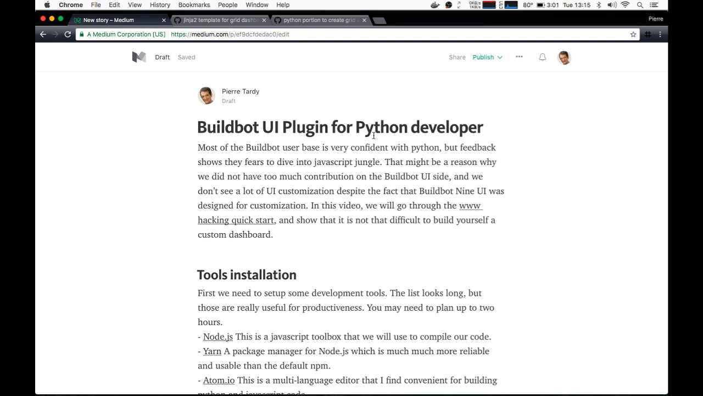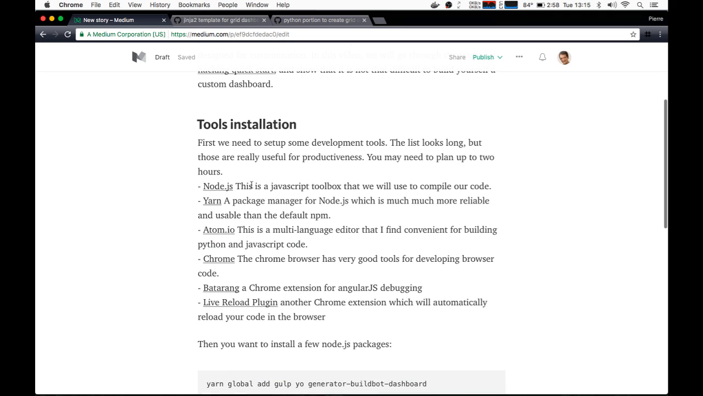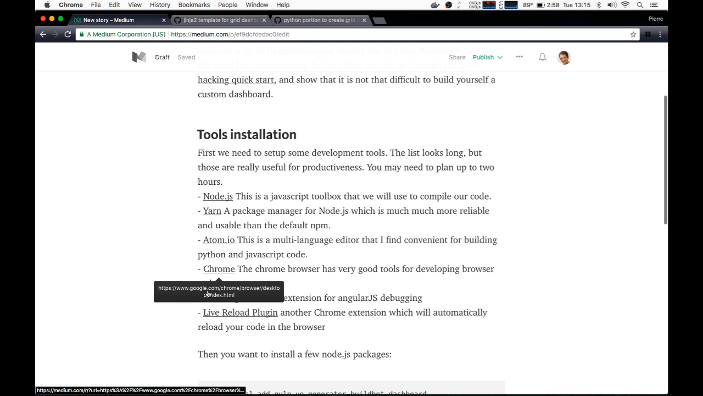developing some JavaScript, and especially CoffeeScript, for building a Buildbot UI plugin. So first, in the associated blog post, I've written a list of tools and plugins that you need to install in order to be productive. It's a bit long, but it really helps for being productive and making sure that you don't struggle with things